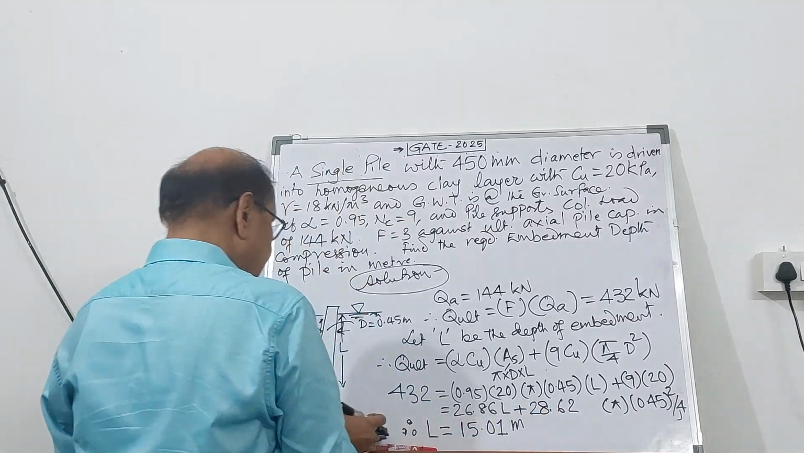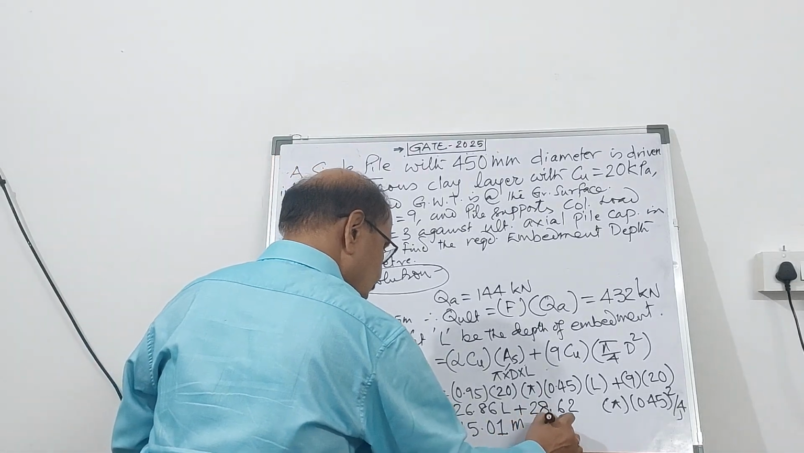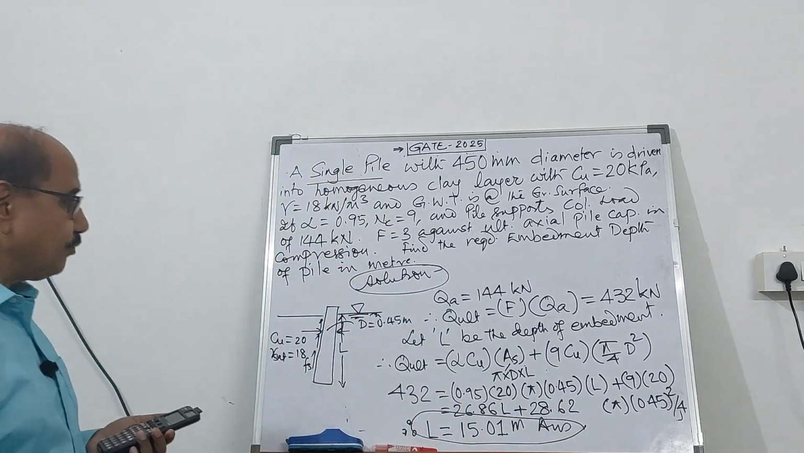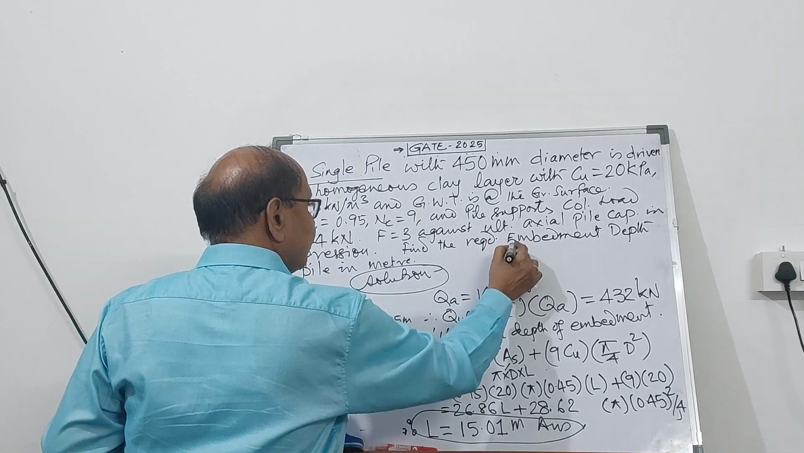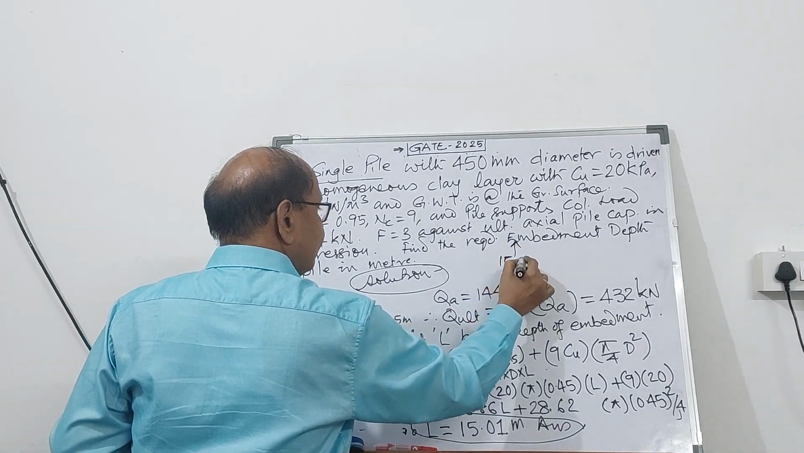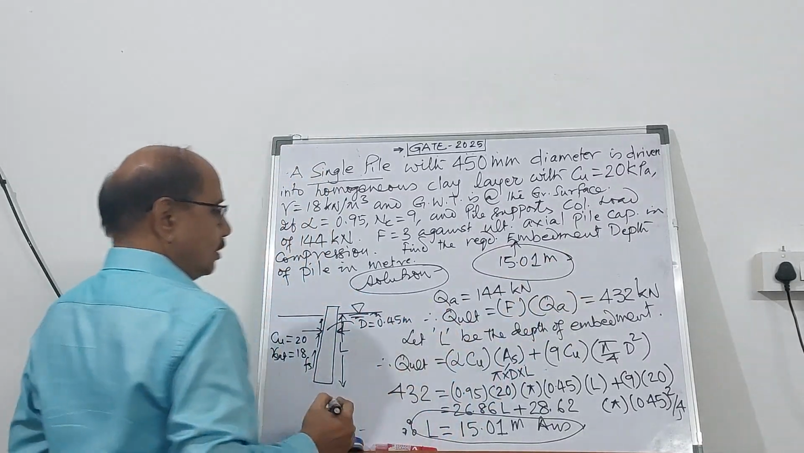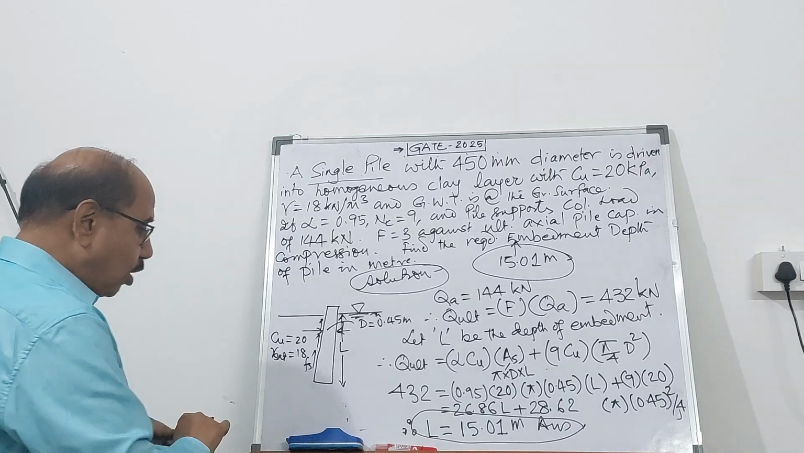So the depth of embedment, therefore, is calculated as 15.01. So the required depth of embedment is 15.01 meter. This is the answer, and the solution is quite simple. The next problem